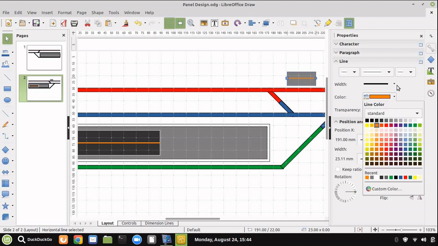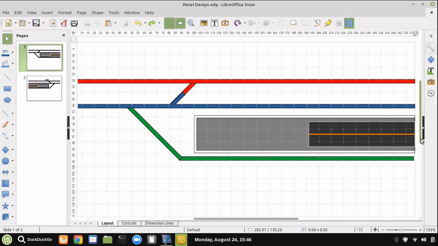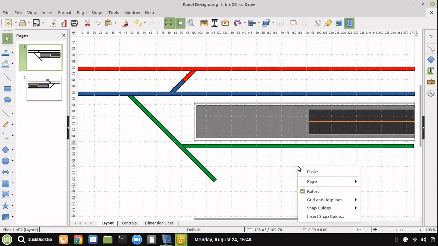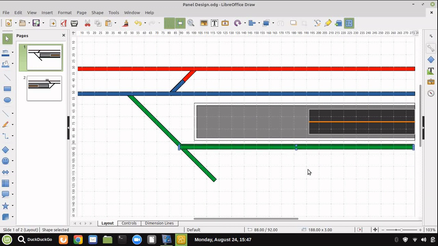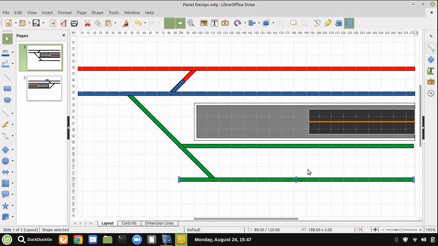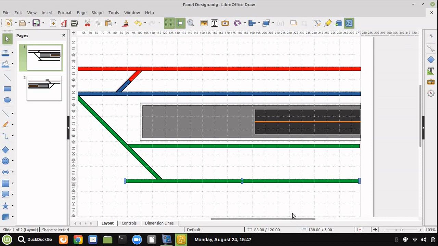Very simple. Now let's make it bigger. So there we are. So down here, let's extend the line here so that we can do a goods area, and then we can do a goods shed. So we'll just copy and paste that line down there, and we'll adjust the width accordingly just by dragging it. You can see its position there, so we'll just move that to the right, and then we'll drag the right hand end in